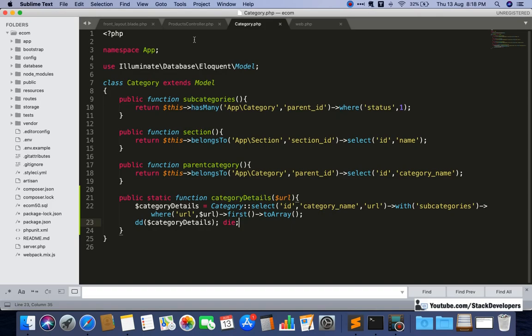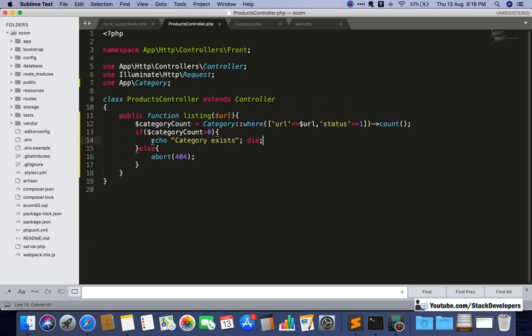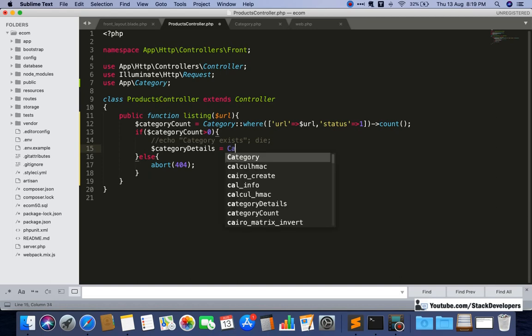So now we need to call this function as well. This is not required anymore, so we can call the function here: $categoryDetails. Now here we can get the category details.